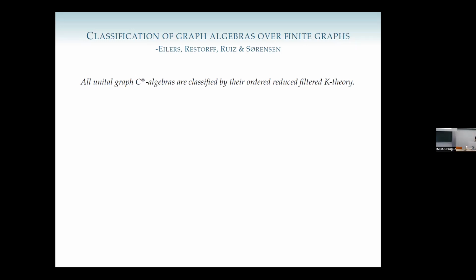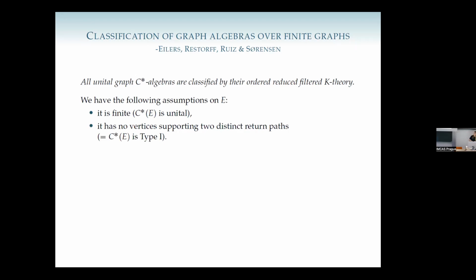As I said in the beginning, they can be classified by something called the order reduced filtered K-theory. You have to look at the K-theory of all ideals and quotients, and then you have to look at maps between them, so it becomes very complicated to actually work with. But then we are in a very good situation here, because